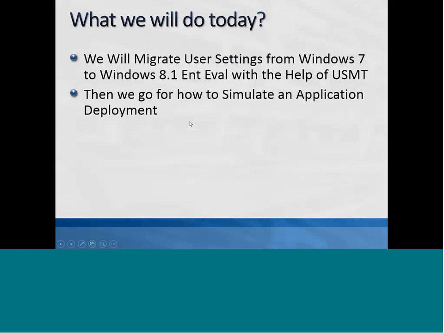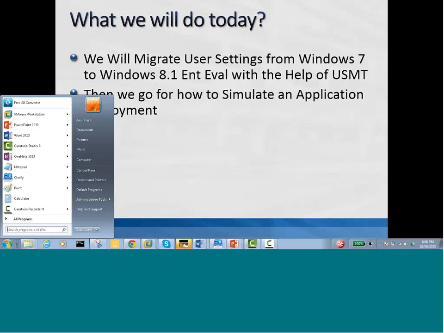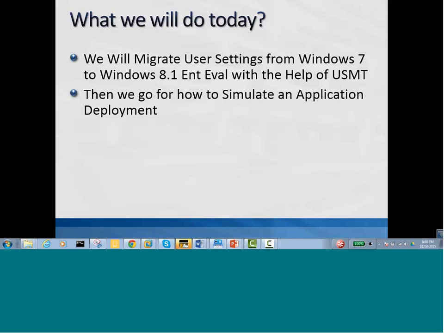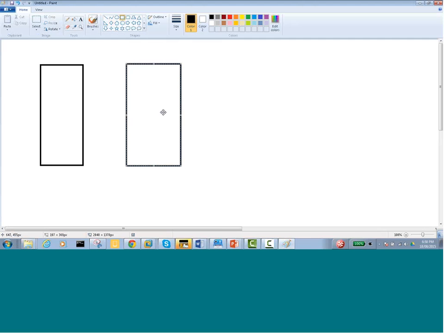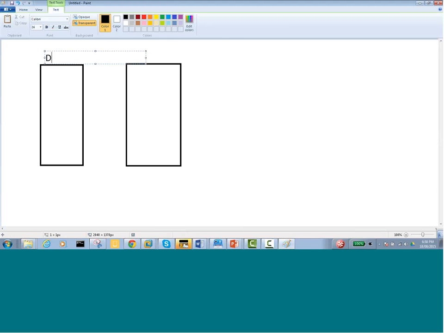So, okay, what will we do today? We will migrate user settings, the main thing is upgrading the OS. If I go to my very sophisticated tool called the newly released Paintbrush, okay. Good, man. Yeah, I like to say a lot of things about this tool. So this is the SCCM, the main environment that we have, DC, DNS, and then this is the SCCM